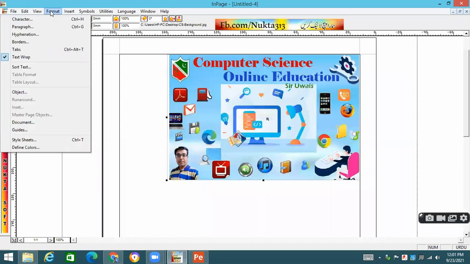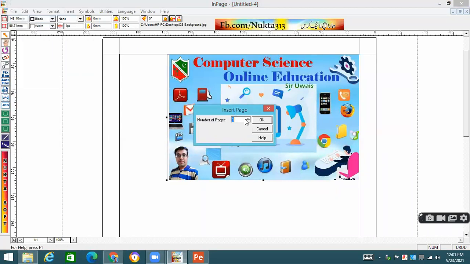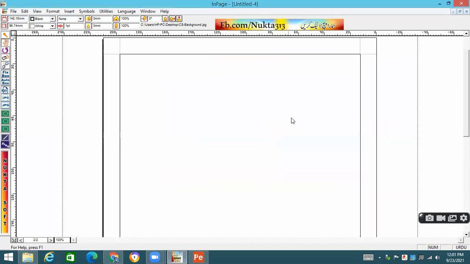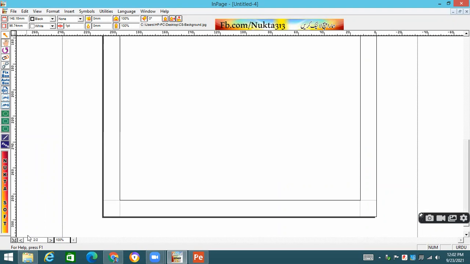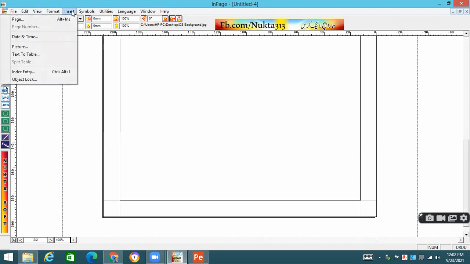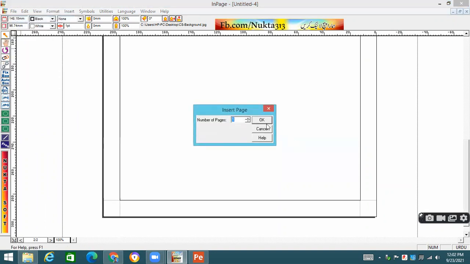Insert page number. Let's see over here in the insert menu. Page number is there. Yes. Number of pages is right now 1. Any n number of pages we can insert. Right now you can see it is page 2 of 2. There are 2 pages. If we go to insert and insert page, a new page will come.